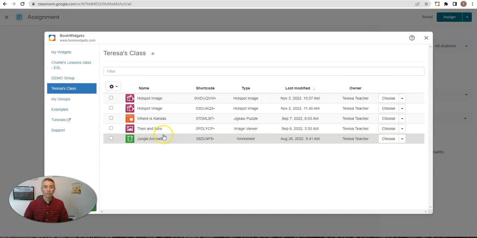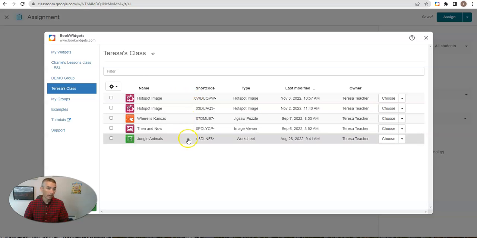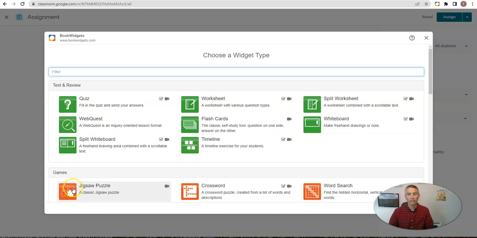this will launch a list of my assignments that I have already created using BookWidgets, and I can reuse my existing ones, or I can go in and create a new one. And you'll see that Create button way down there in the bottom left corner. And let's create. And we have now more than 30 types of widgets that you can use to create your